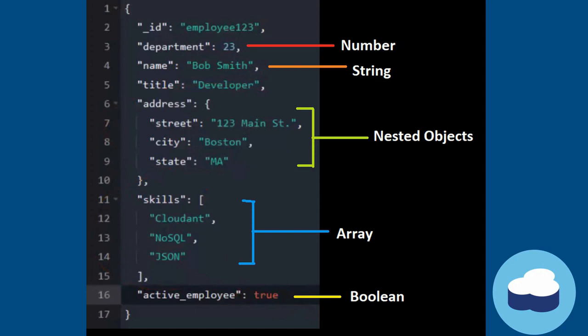It is not written within the double quotes. And if it is the last line, anything, number, string, nested object, array, boolean, they can be jumbled. It doesn't mean that we need to write number at the first and string at the second. Anything could be at any place as per your requirement. And when you are declaring the last line of your JSON document, you don't need to place a comma, and each text, each line has to be placed within a parenthesis in the